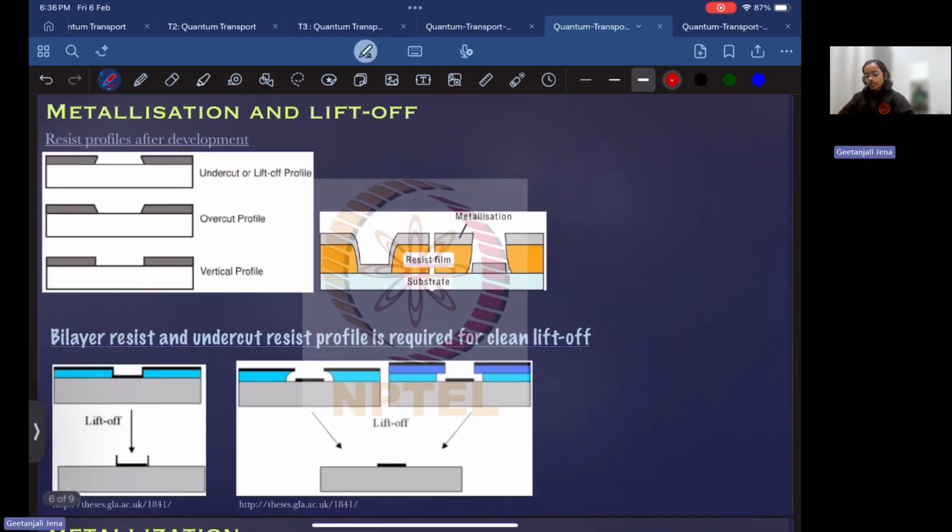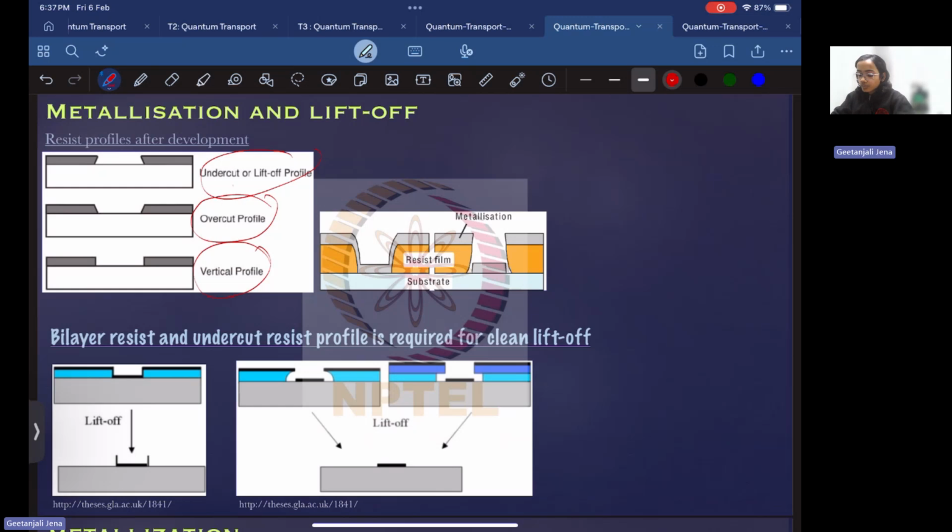In the next case, we also see the metallization and lift up process, and what pattern we can get in the metallization lift up process for both photolithography as well as electron beam lithography. So the profile can be of three types. One is the undercut profile or lift up profile, another is the overcut profile, and the next one is the vertical profile. So these are the three types of resist profile that we can have in the development